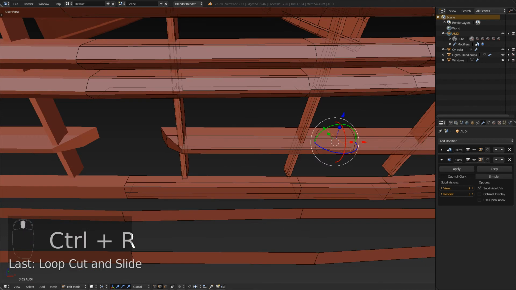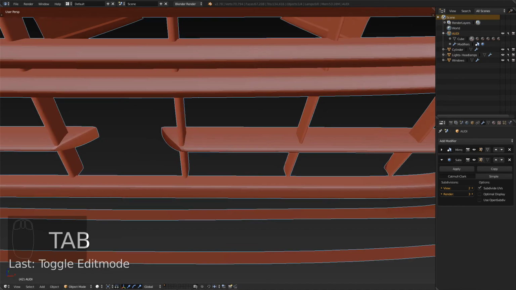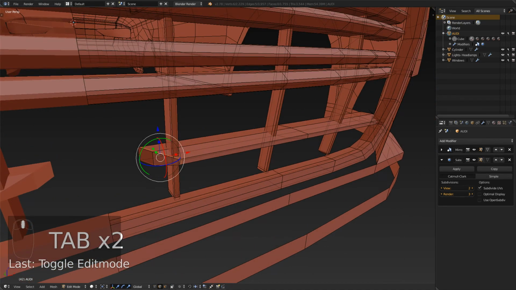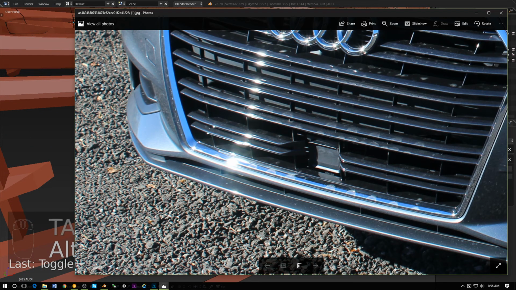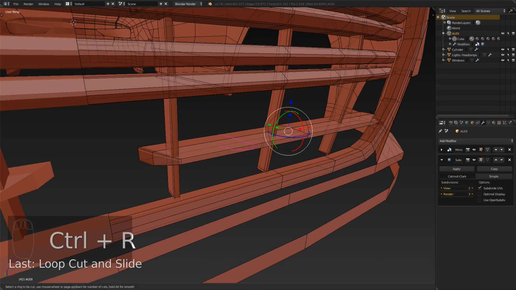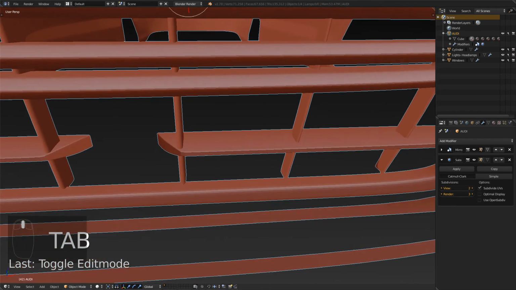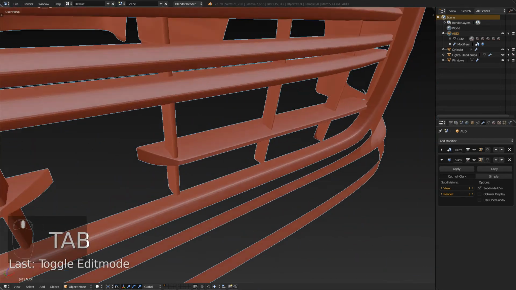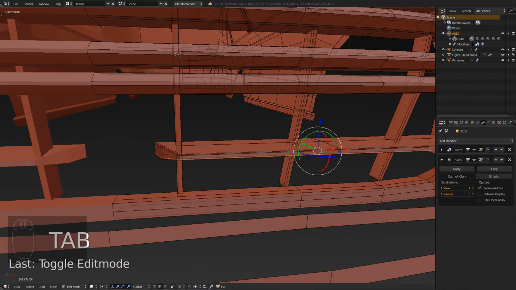Let's make a cut there, leave that in the center, make another cut and move that over like that. All right, that's good, I think. Let's make a cut here, move that up, make another cut, move that down. I think that's a little too harsh, but